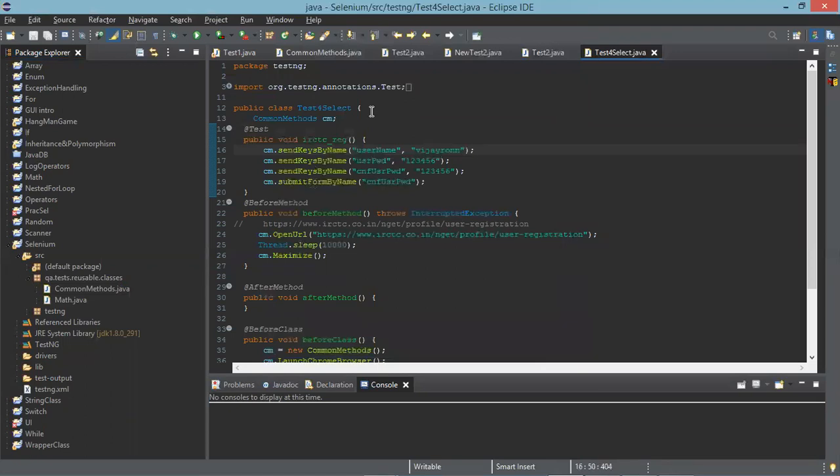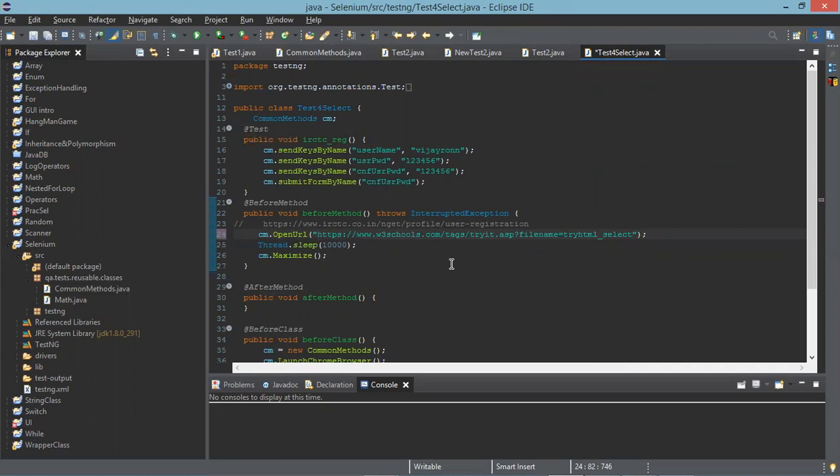Now go to the URL part. IRCTC registration is what it had earlier, right? Now you are going to work on this W3Schools. Now change it. It will open this particular URL and maximize it. After launching the initial thing, the launching of the browser and all those stuff, we are not changing. We are changing only the place where it changes the application alone, right? Yes or no? Yes, sir.